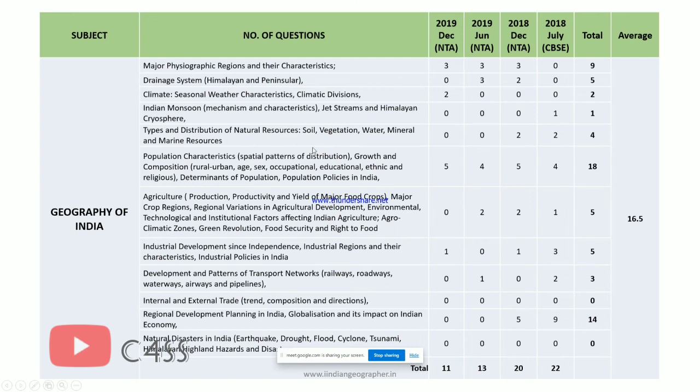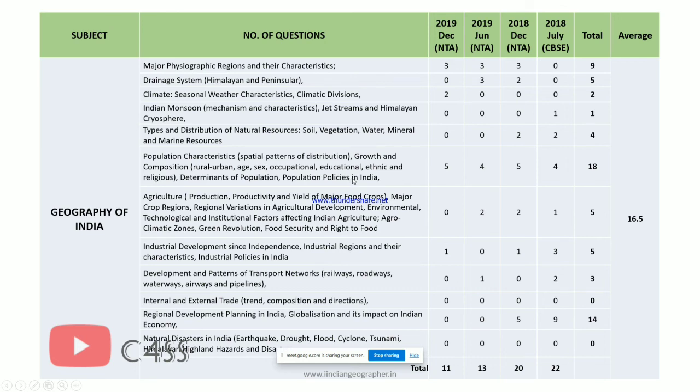So here you'll find lots of questions from population characteristics, spatial distribution, growth and composition, such kind of things, age, sex, gender compositions, etc., right, occupational or educational composition, the ethnic population, right. So this is an area to be